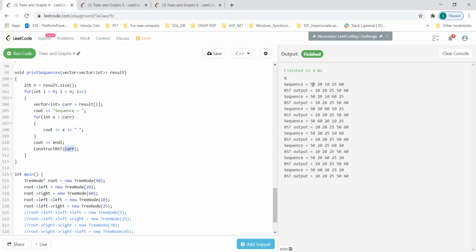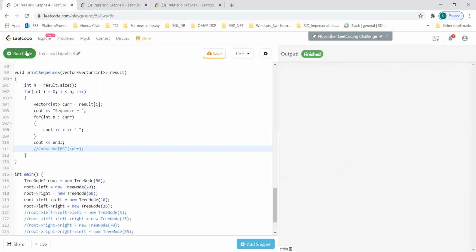So if you see this sequence, whatever we have, and if you pass it to the BST and try to form it, this is an in-order BST, and therefore you see it's always sorted, right? It's the same thing. This is just to prove that whatever sequence we form here can actually generate a BST. Okay. So if you look at, yeah, these are the 58 combinations,